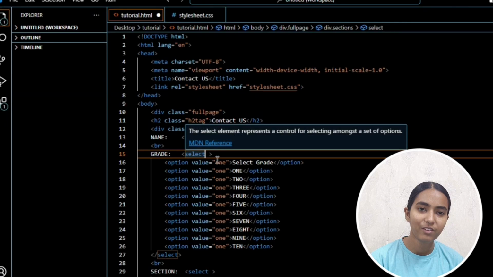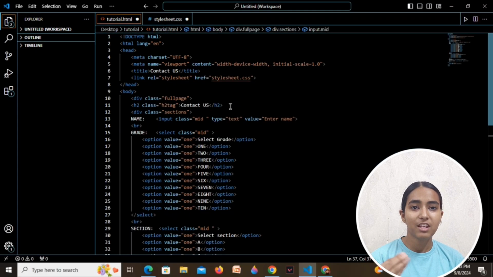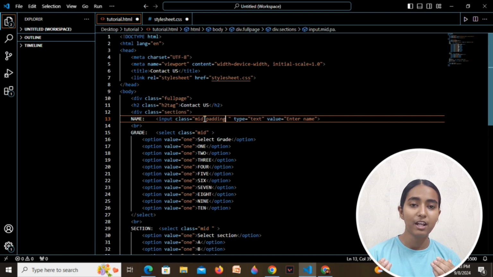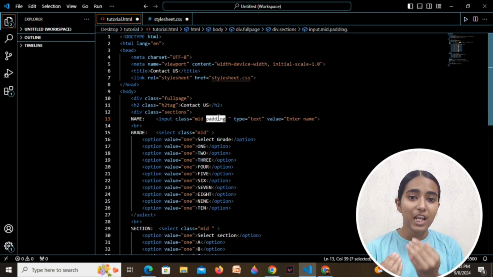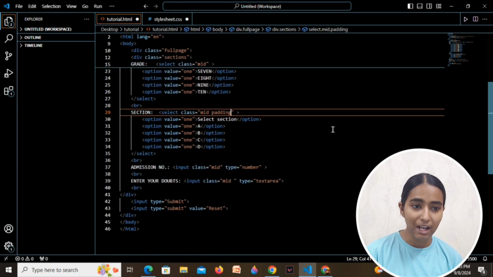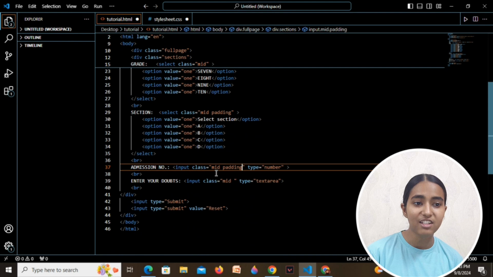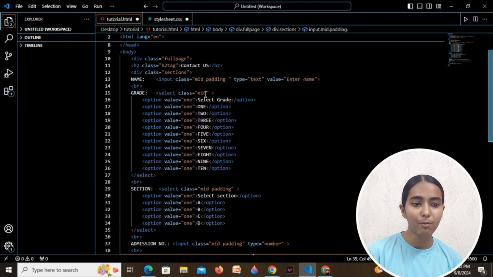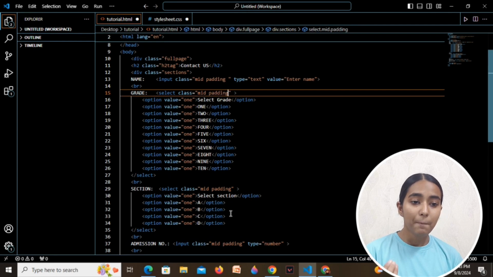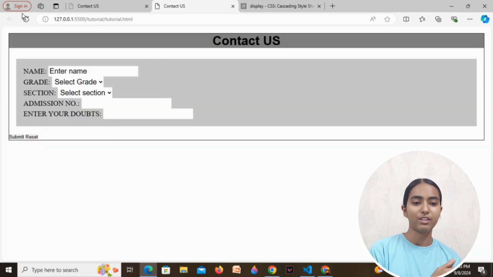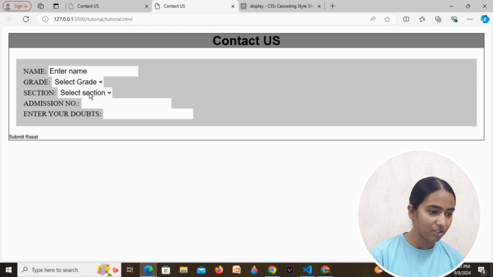What's happening over here? A common mistake that happens is we do not understand the difference between margin and padding. So let me explain it in a better way. Padding is giving internal spaces, but margin is like giving external spaces. I gave you padding, so enter name got some spaces inside this box. But if I would have entered margin over here, then this box would have got some extra space from other elements which are present outside this box. So let's add margin.